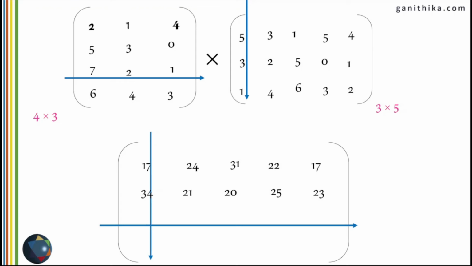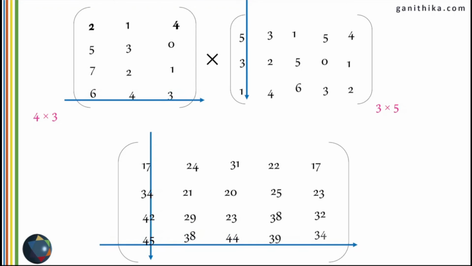So the first number is going to be third row, first column, it's here, and second column, third column, fourth column and fifth column, and we are completed with the fifth column of the third row. Now we will move on to the fourth row of the first matrix, and we will move the answer also to the fourth row, and this is how we complete the fourth row with all the 5 columns. You can notice that there are no more rows in the first matrix, therefore the answer is done here. So you will have the same number of rows as the first matrix and the same number of columns as the second matrix in your answer matrix.